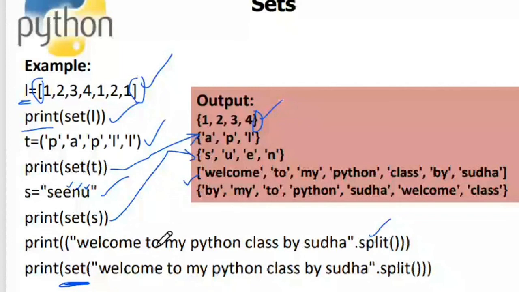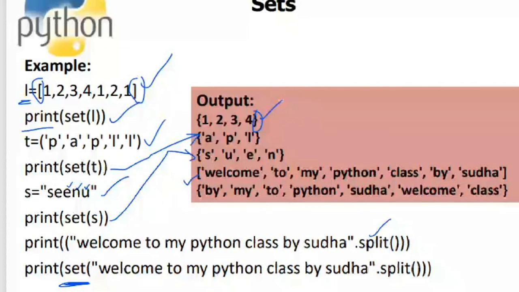So this is converted. And also we are seeing that when you are converting a list into a set, or a tuple into a set, or a string into a set, the duplicates are eliminated. And the ordering is not the same as what it was before. So that's the reason why we say set is an unordered data structure. Is this program clear to everyone? Yes, ma'am.